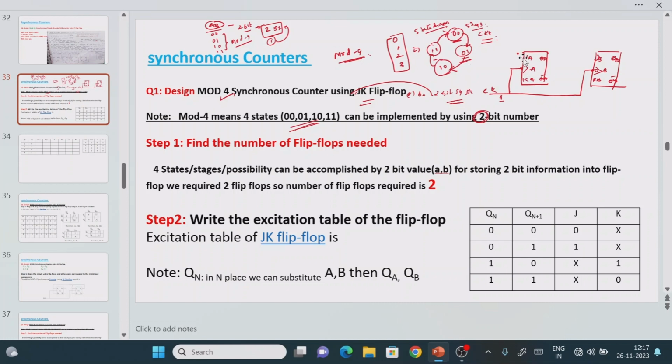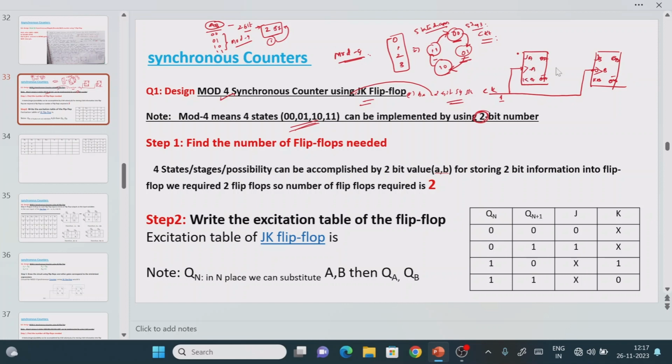It means that we need to find out some JA, KA, JB, KB. It means that we will be getting some logic expression for the JA value, KA value, JB value, KB value, and once we find that logic expression we need to implement it here. Why do we need to find the logic expression to connect for the 2 flip-flops? Because after applying the same clock pulse, once that logic expression is attached here, it will work as a synchronous counter. You will find the output something like this, right? So now we have completed only 20% of the part.